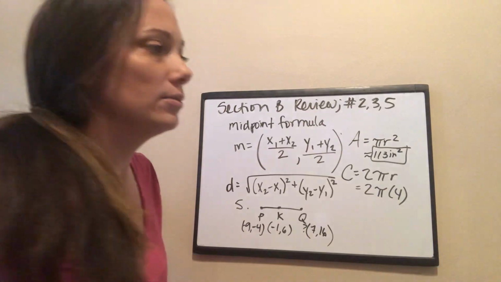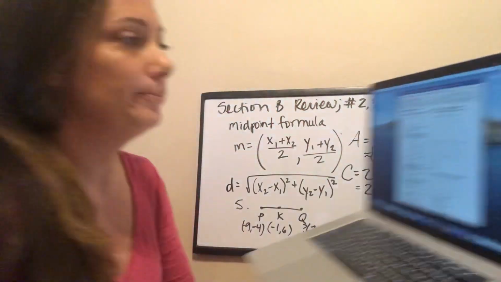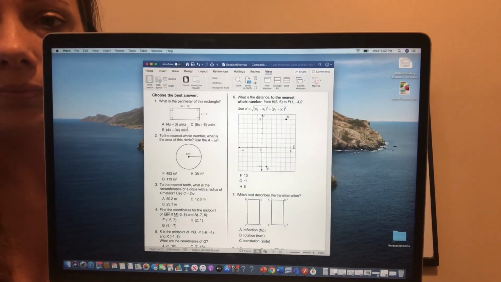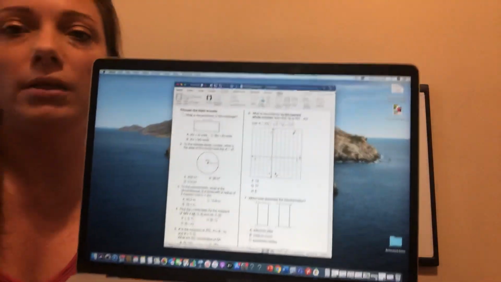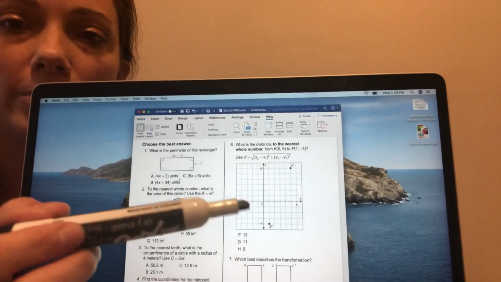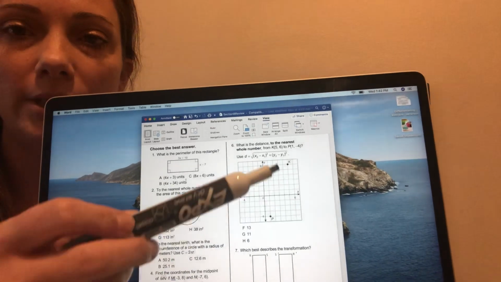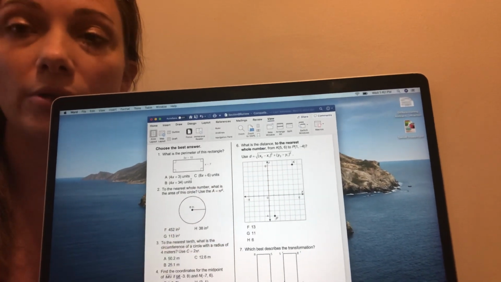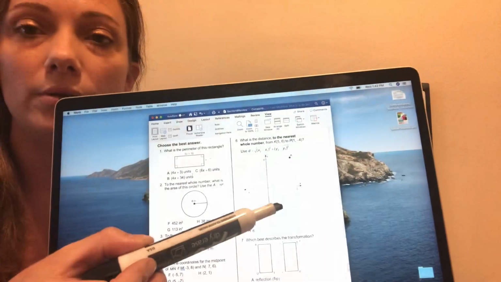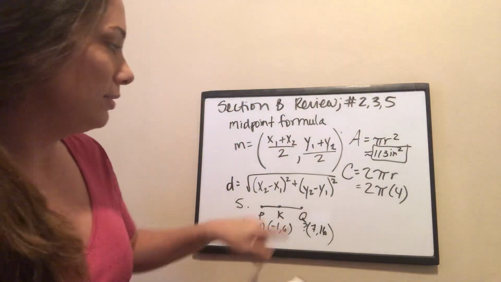Okay, number 6, what is the distance to the nearest whole number from K to P? They give you a coordinate grid there. Now, what I want you to see is, yes, I can plug in all the necessary digits to my distance formula, and I can find the distance using the distance formula. But since I have a grid supplied to me, I can easily see that I can use the Pythagorean theorem there, right? I can draw myself a right triangle. And it's up to you what you want to do, but distance formula here,